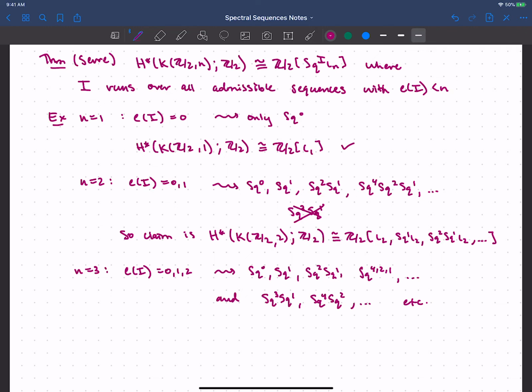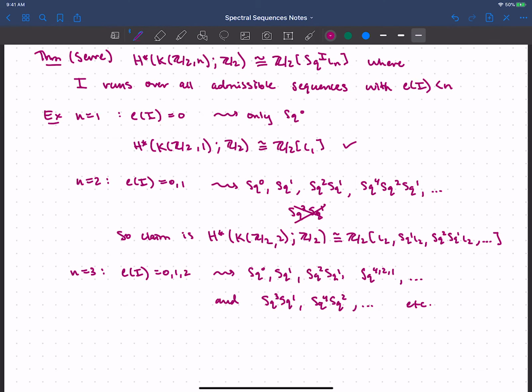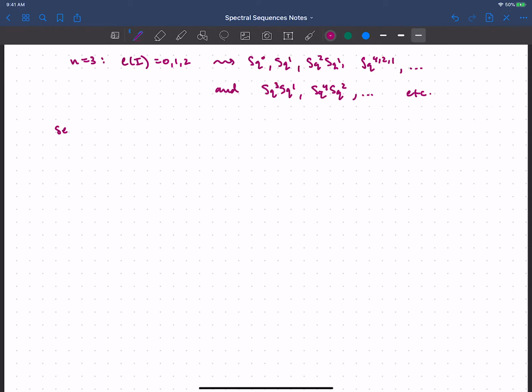Okay, so maybe it's worth pointing out at this point, sorry, jumping around a little here, that really we see more and more of the Steenrod algebra as we go, as n gets larger. Though we're seeing only squares written in nice particular orders. Okay, so in order to prove this, we're going to use this lemma,